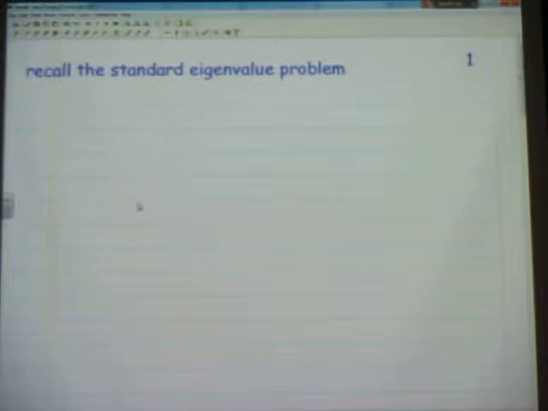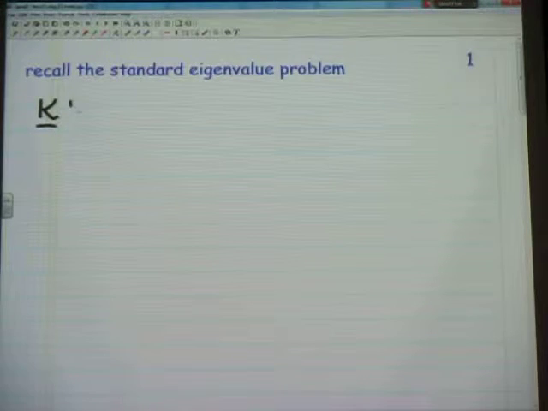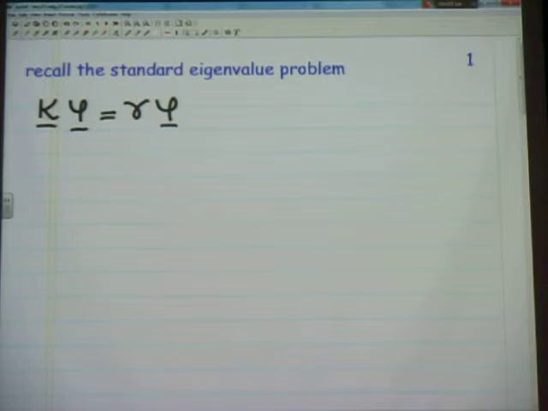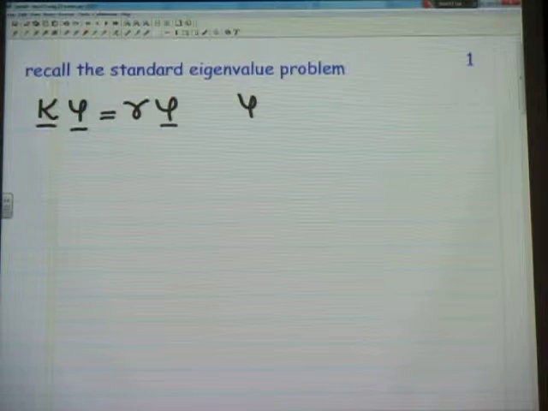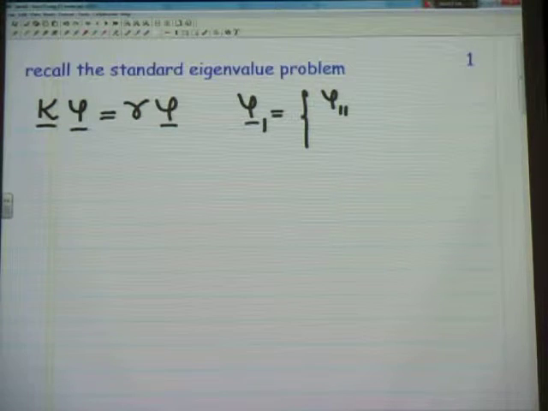You can also deal with the stress matrix, but let's think of it in terms of the stiffness matrix. So K phi equals gamma phi, let's say, right? And phi, in the case of a 2 by 2 system, a 2-degree-of-freedom system, would be a matrix. Let's say phi 1,